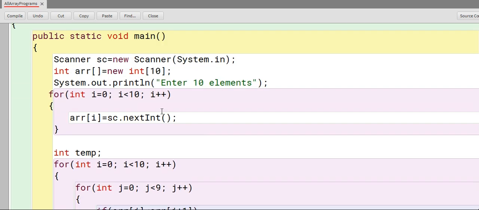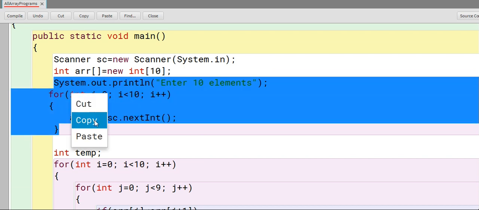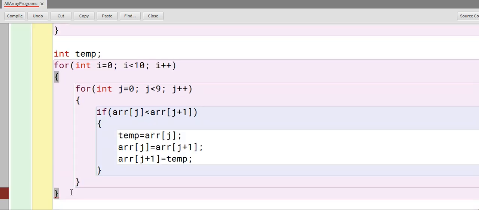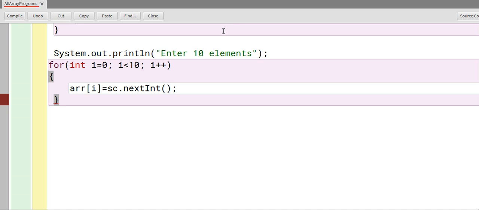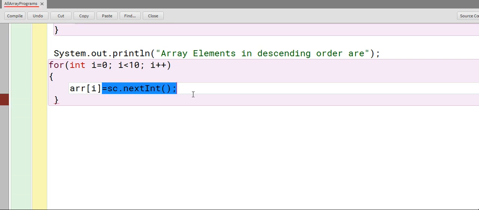So for displaying the array elements on the screen, what we'll do is write "Array elements in descending order are", then we'll put a for loop and we'll use the print command.